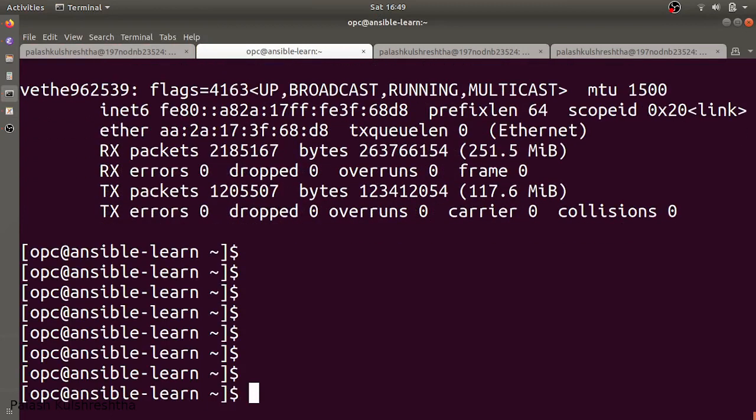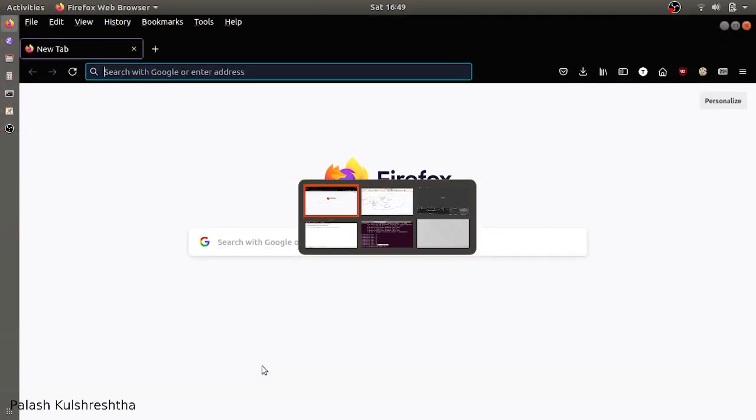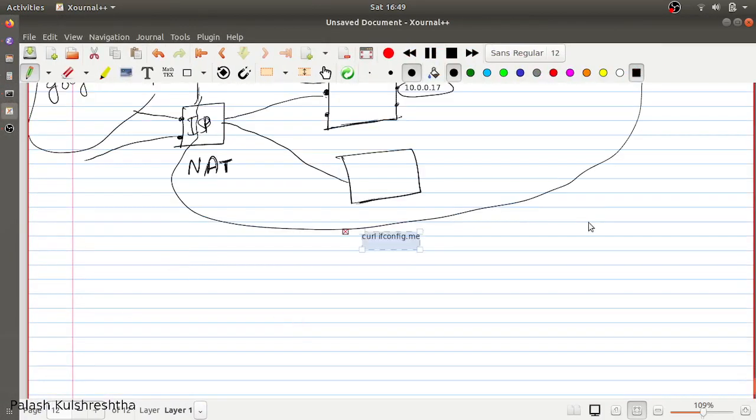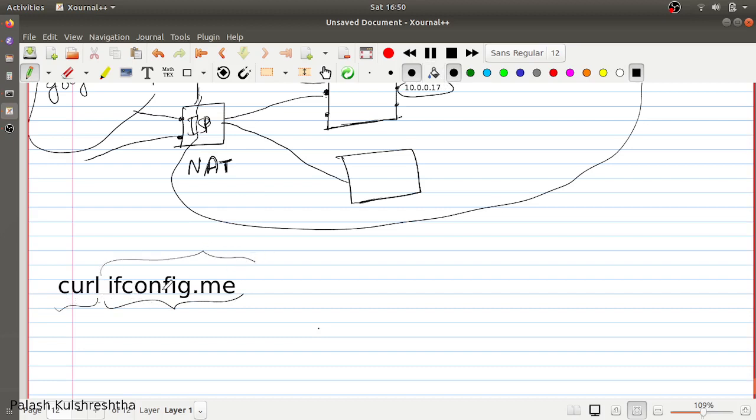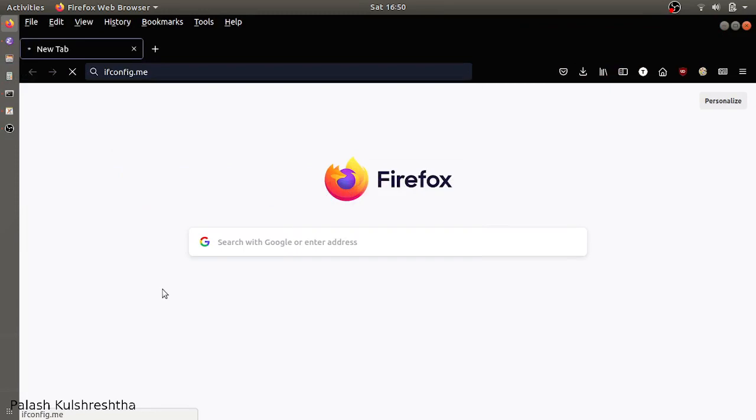So let's see what my IP address is. You can get your public IP address using this command. In this case, this is a website basically, and this is a command. This is basically an API which you can call to get your public IP address. Let's see what we get when we access this website from the browser. So this is a slow website. We're going to come back here.